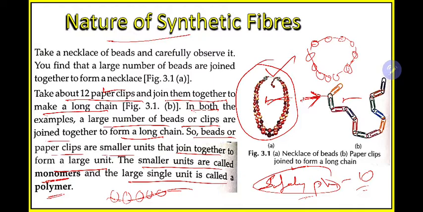So here lies the point. Till now, we are joining small units to make a long chain. Each unit, for example here one pin or one ball, one safety pin out of 10, is known as a monomer. Mono means one. Whenever these monomers, each unit, for example one ball, all join together to form a long chain, the long chain is known as a polymer. This technique of polymer is used for making synthetic fibers.